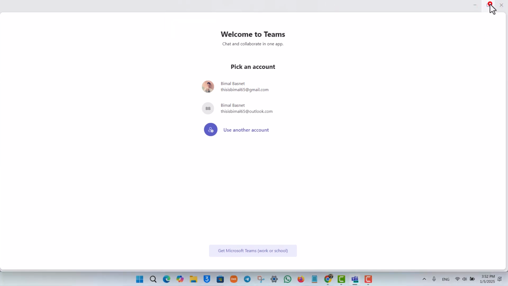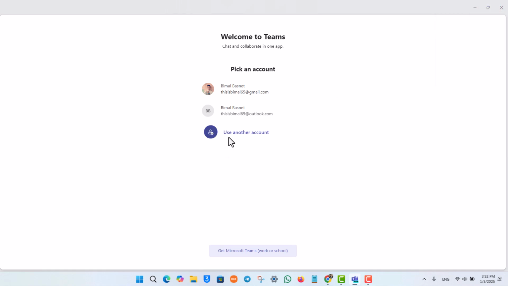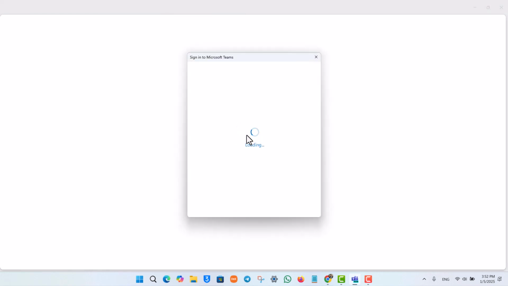Now, in this application, as you will be able to see right here, you can choose to pick an account of one of your existing Microsoft accounts to log in. But you can also click on the use another account button right here. Now, again, if you have another Microsoft account, that's perfectly fine. You would be able to go ahead and enter the email address of that account